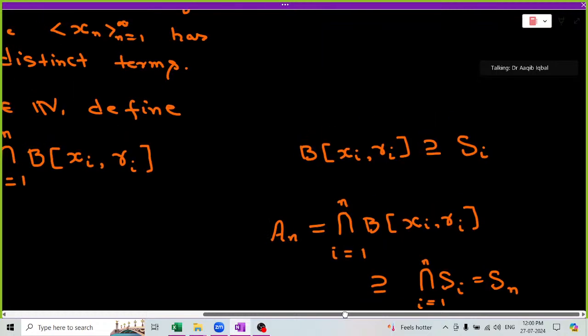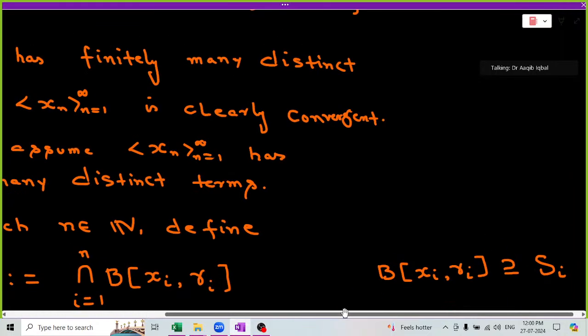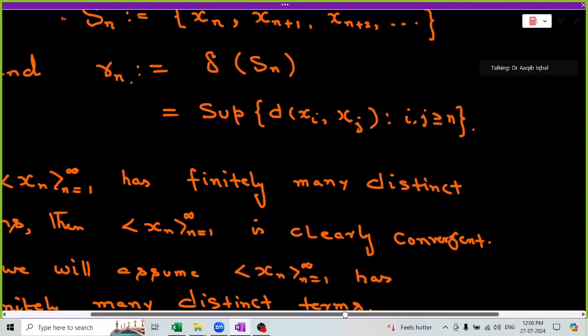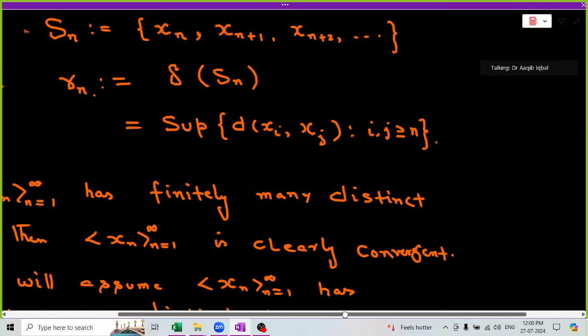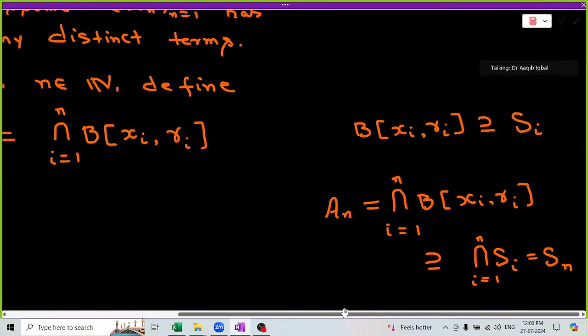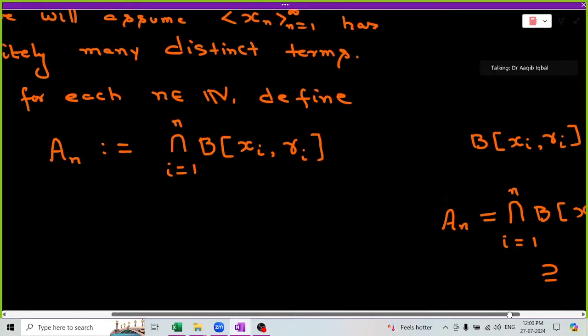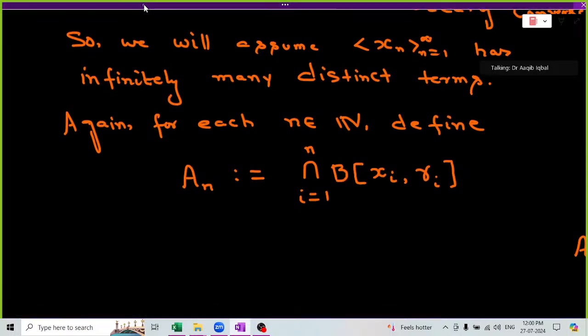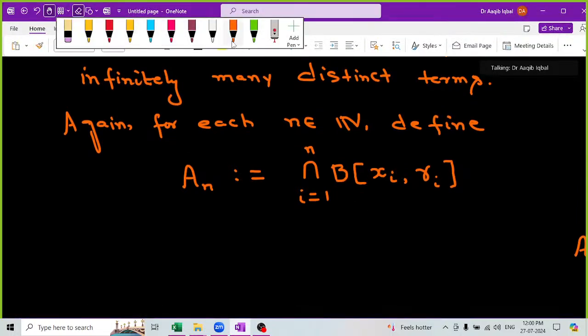It's not very difficult, because RI after all is the diameter of SI, and XI is a point of SI. In fact, it is the first point in SI. So this is the reason this ball will contain SI. So AN, which is the intersection of these balls, will contain the intersection of SIs, which is SN. Now I am going to write this. We define ANs like this. Then the sequence of these ANs